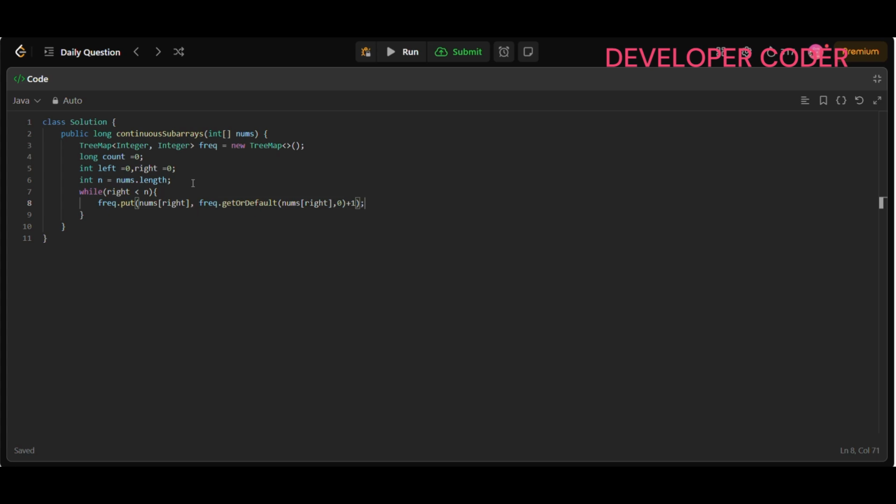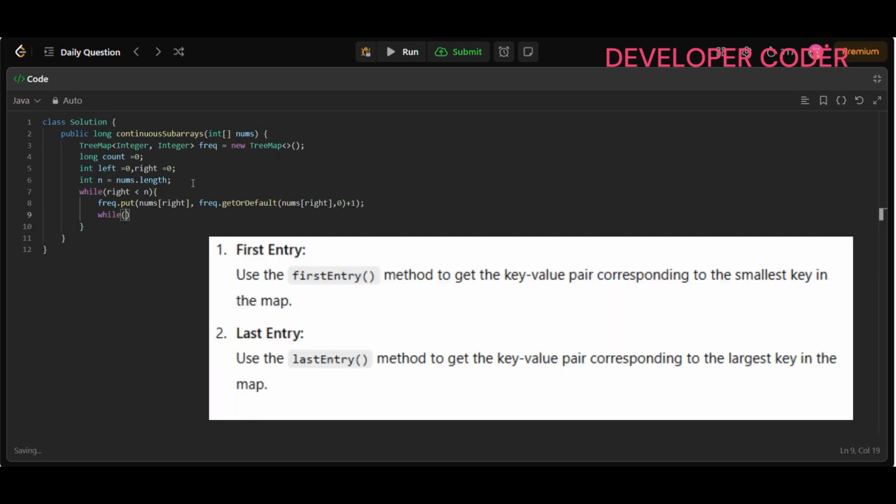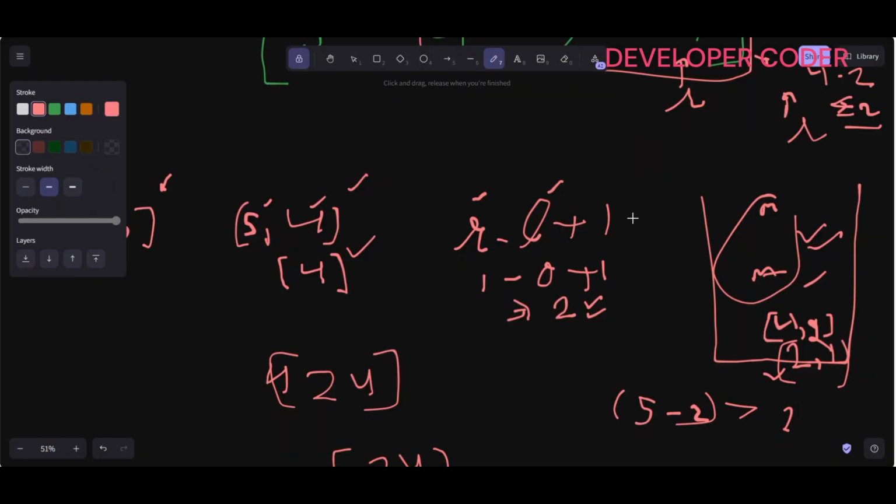This is done. Then after that, this is going to be a little new thing for most of you guys. This line: while, now see carefully, while frequency dot lastEntry, whatever the last entry that we have, dot getKey, minus. Whatever the last entry that we have, so max 1, from max 1 we are going to subtract